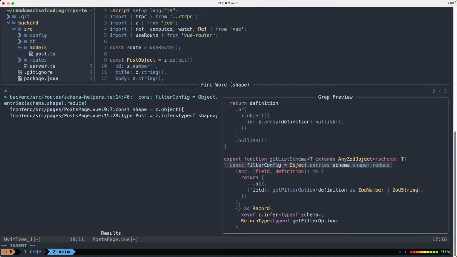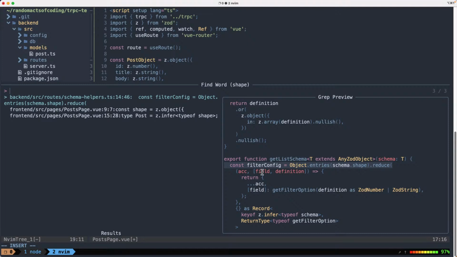So the backend schema helper, right, when trying to build the validation object for the backend to make that a bit more generic, I did use this. And then I was able to get the field in the definition. I didn't really like this, which I might revisit later, but